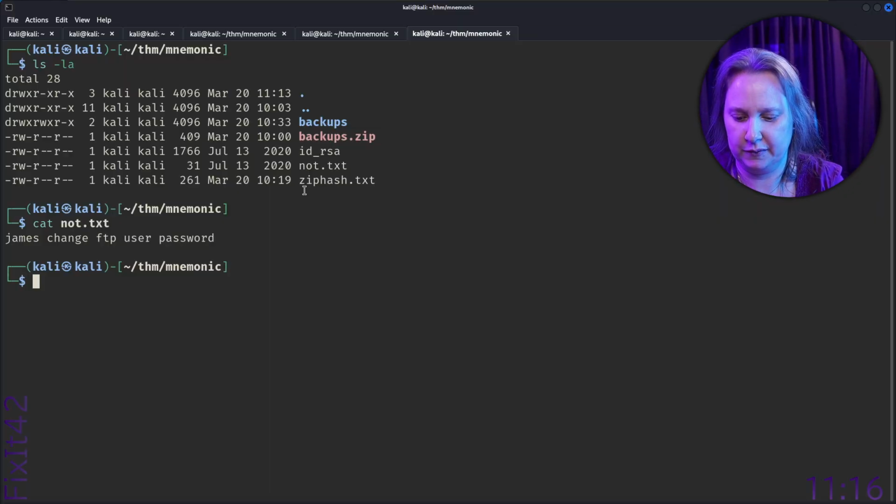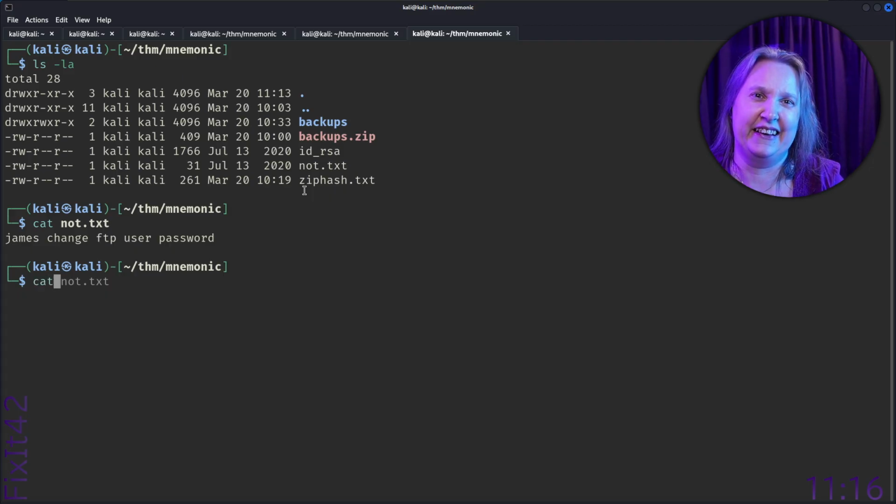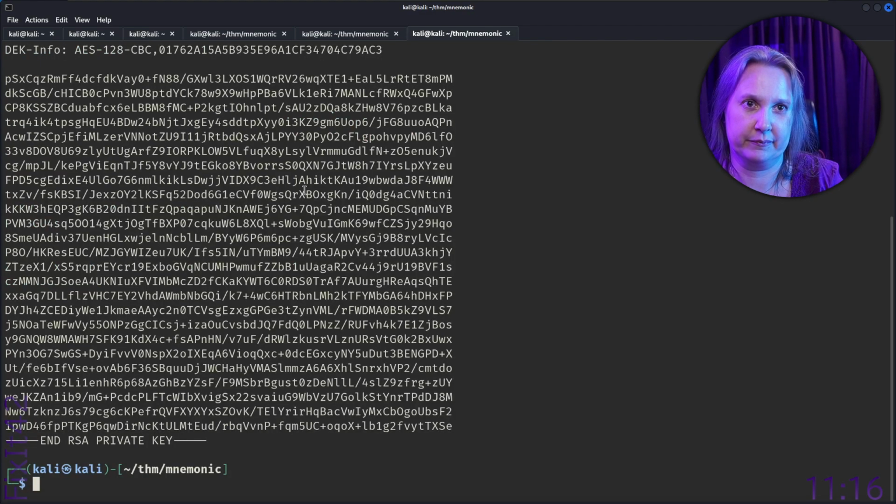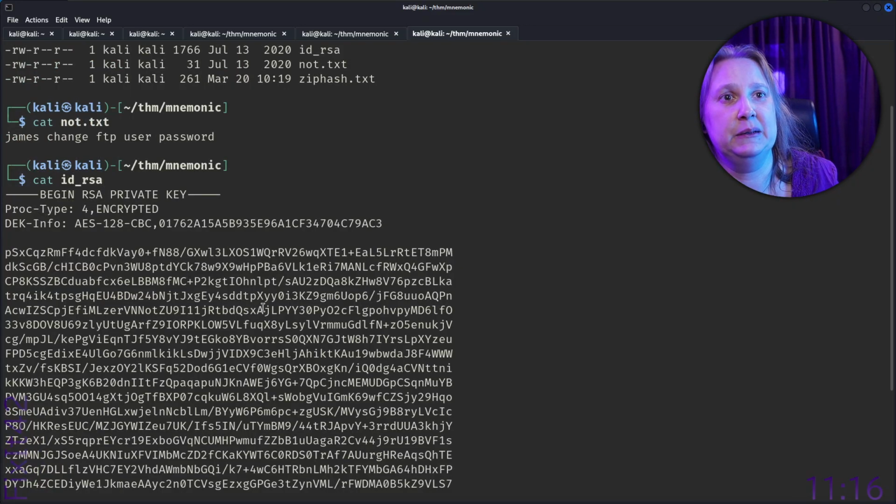Well, let's get the other one too, of course. I pressed caps lock instead of A. I think that's almost the first time. And here we got the key.